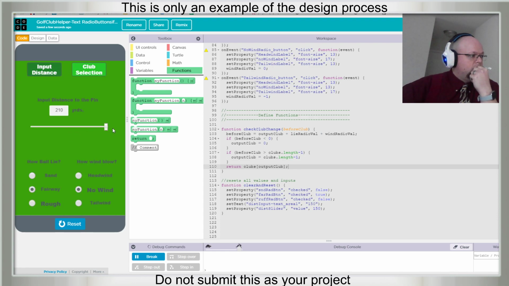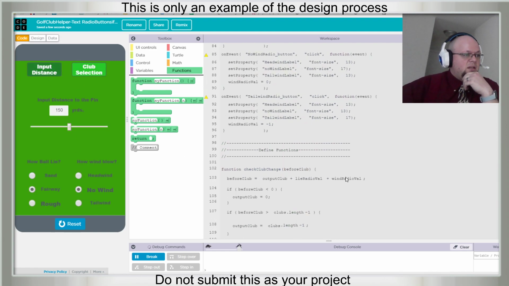Good. This should say 4 iron. No. Okay. This should say 4 iron. No. Okay. So let's try. This should say 9 iron. Good. This should say 8 iron. No. Okay, so this is not working.